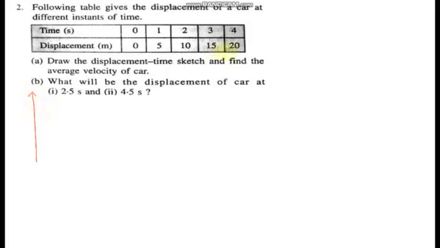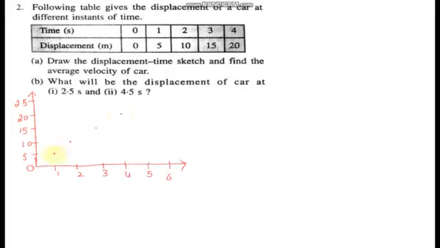So we have been given displacement till 20. Let us take some more values. If I take 25, this is 20, this is 15, 10, 5 and this is 0. And here I take the time 1, 2, 3, 4, let us take one more and 6. Now we have to plot. For 1 it is 5, for 2 it is 10, for 3 it is 15, for 4 it is 20.